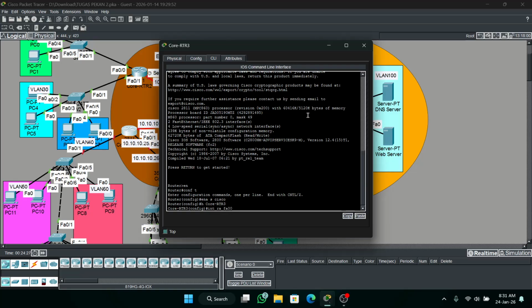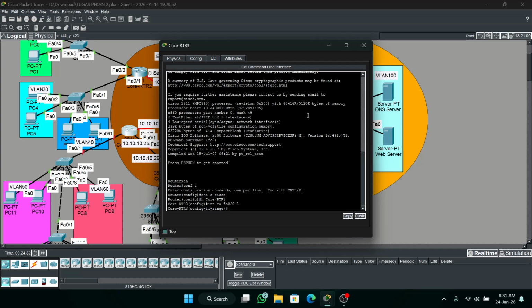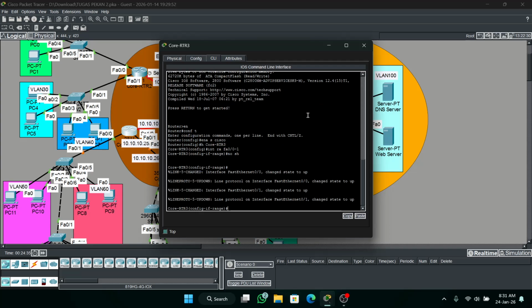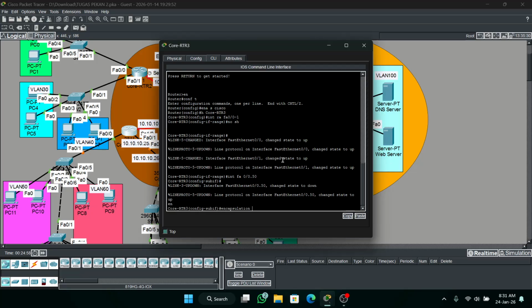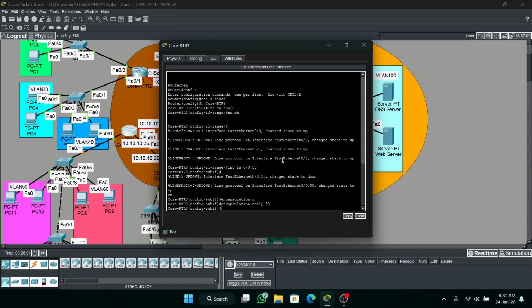Interface fastethernet 0/0, no shutdown. Okay, the LED changes to green. Then make fastethernet 0/0.50, because this is VLAN 50, encapsulation dot1Q 50.